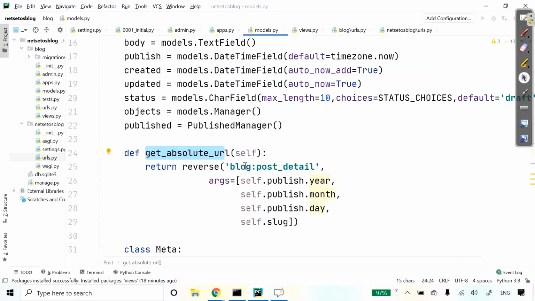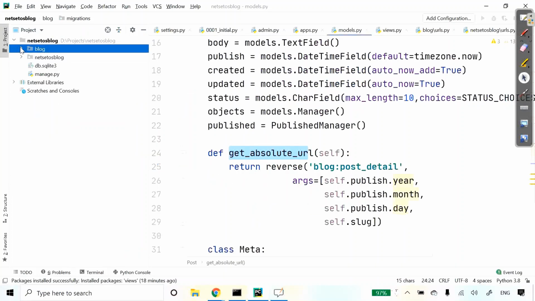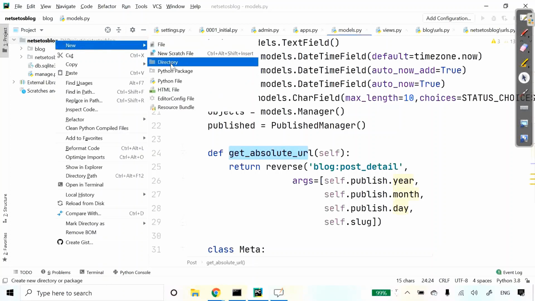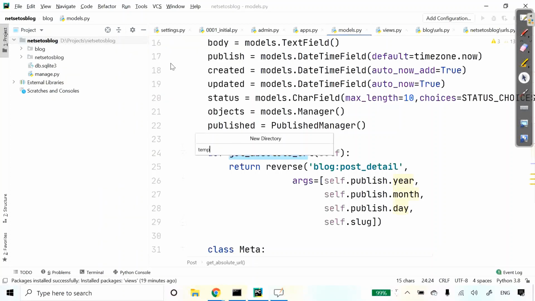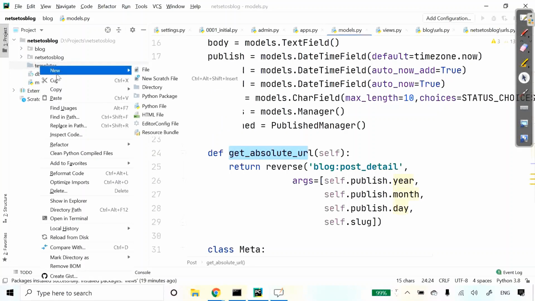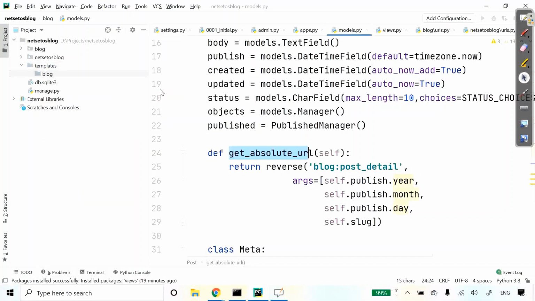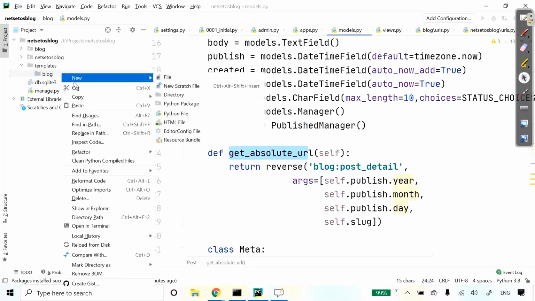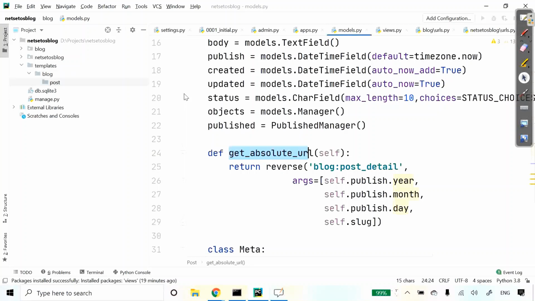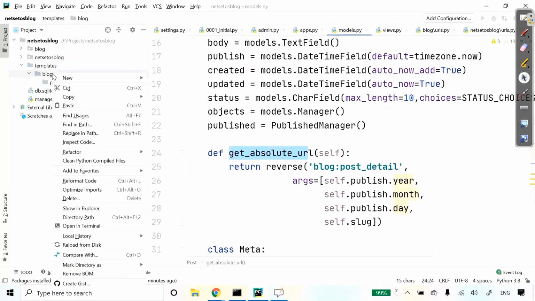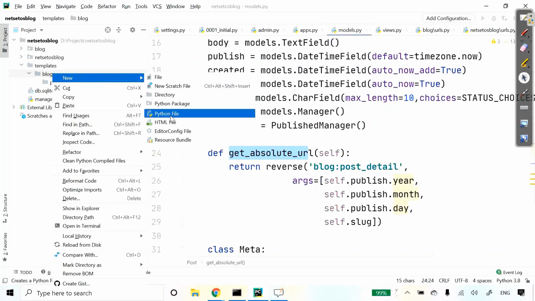So for that we need to create templates as per views. Let's close this. Now here inside the Netset OS blog, I'll create a directory with the name templates. Inside templates, we will have one more directory with the name blog. And inside blog, we will have post and also base.html.